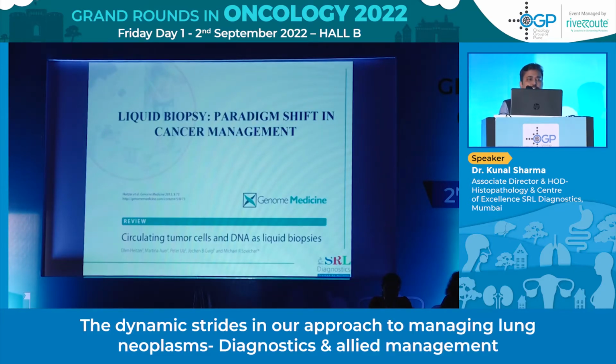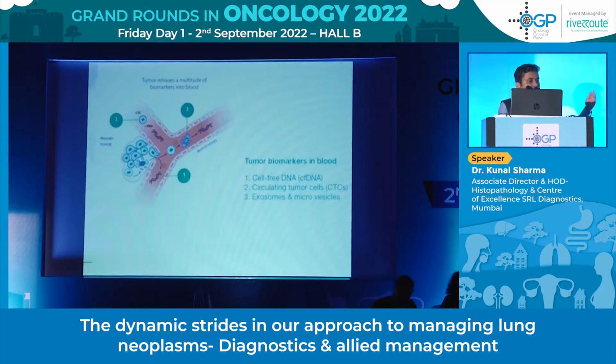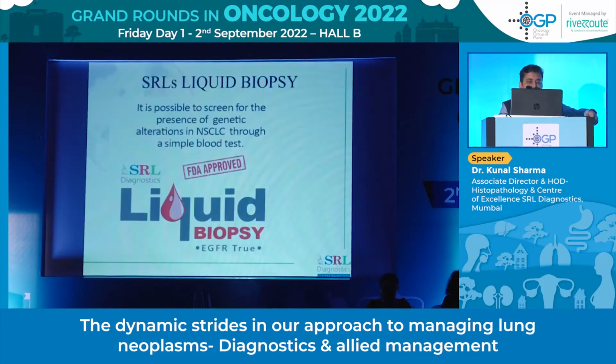Now you see in lung, especially when there's a recurrence of lung tumor, it's very difficult to get a repeated CT guided biopsy. Also, tumor heterogeneity is always a problem. So liquid biopsies detect the circulating tumor cells which are there in the blood. And it's much more compliant in cases of recurrence, because CT guided biopsies can be difficult. Also, these can capture tumor heterogeneity very well. These are non-invasive tests, so, again, the compliance is much, much better.